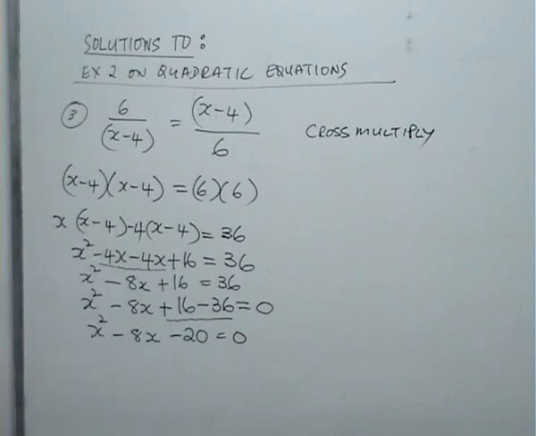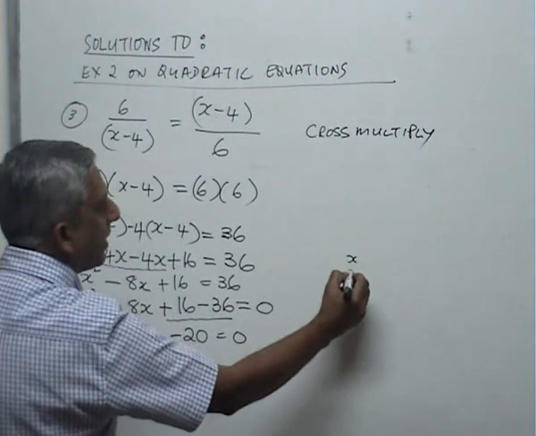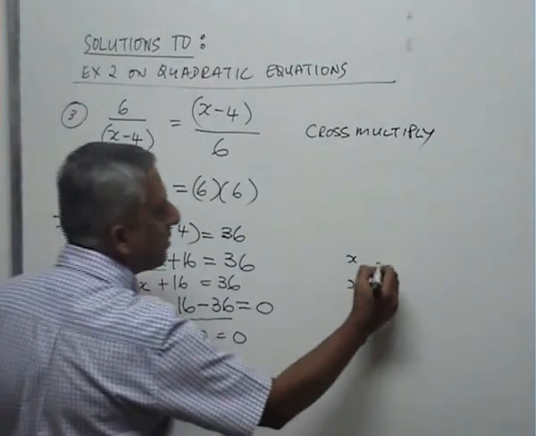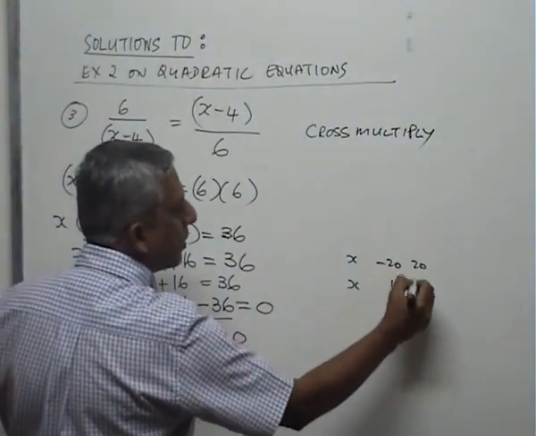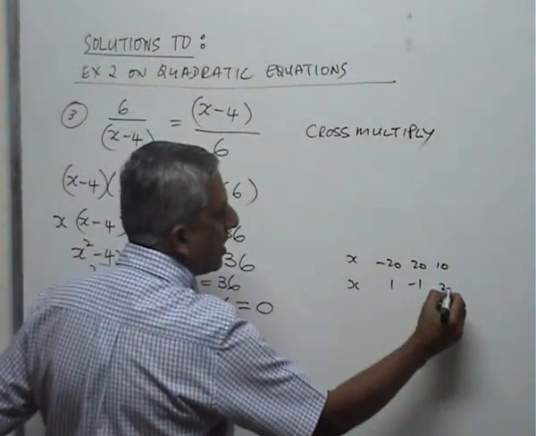Alright. So, you want to factorize. So you've got x squared and you've got minus 20. That means it's minus 20 and 1, or 20 and minus 1, or 10 and minus